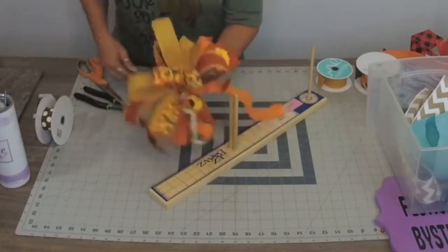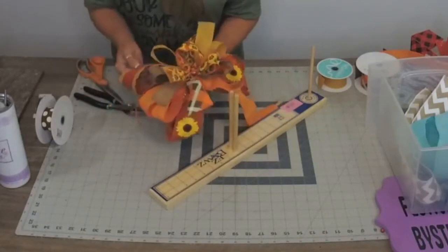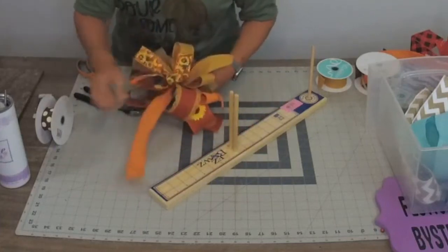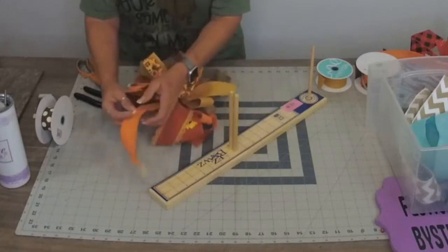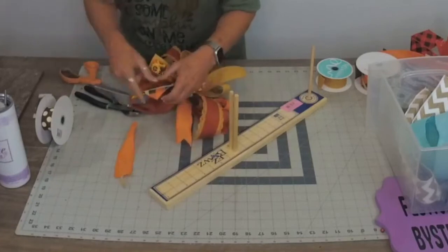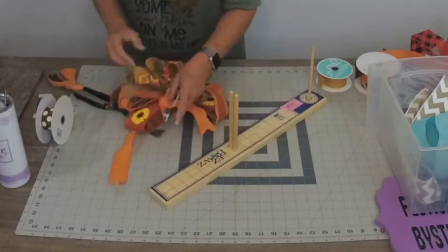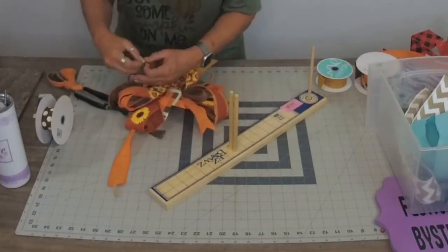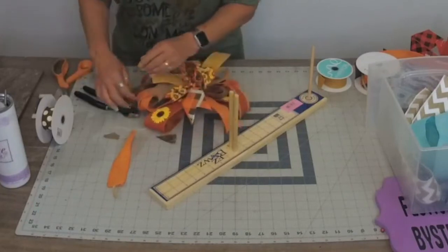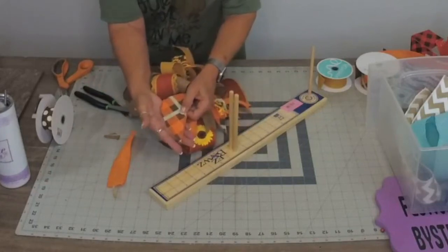All right, now the fun part. I'm just going to get all of my new little bit of this, little bit of that ribbon, spread it out, and guess what? I'm going to start doing some dovetailing. Trimming away, and the ones that are too long, because they were a different size, different length, I'm going to trim them back. Look, this one was cut at a diagonal